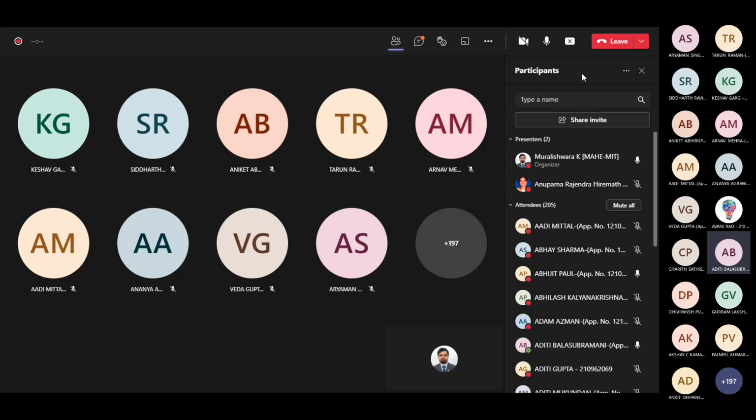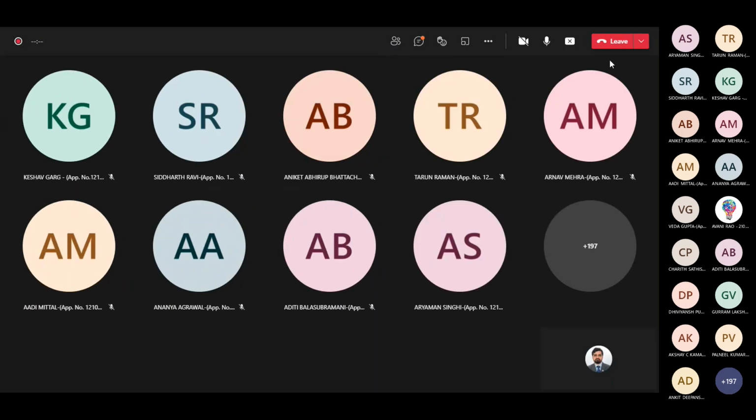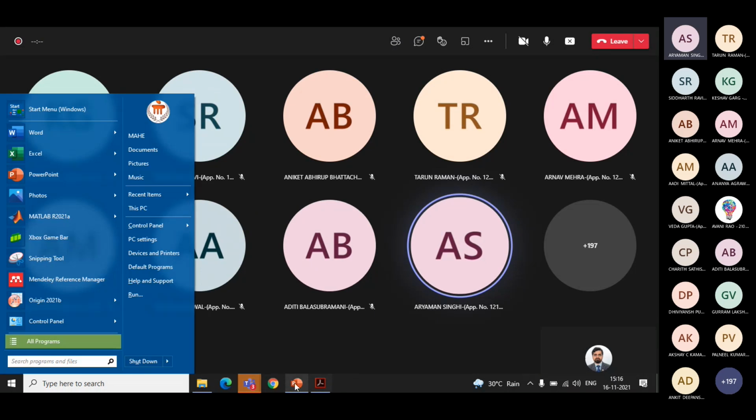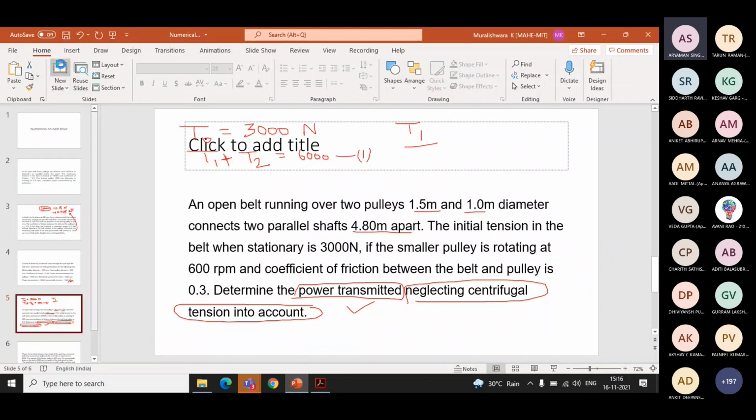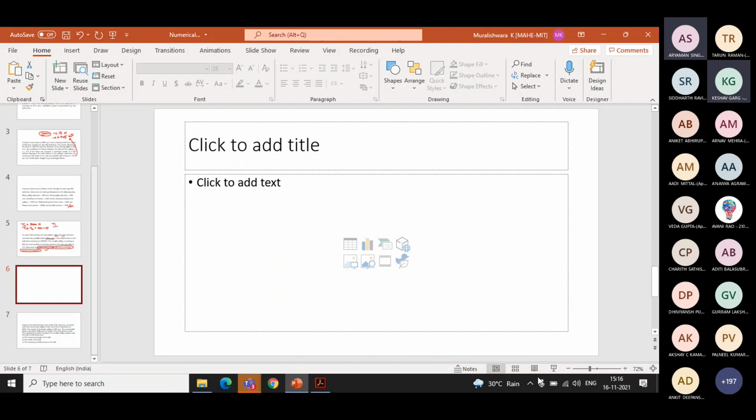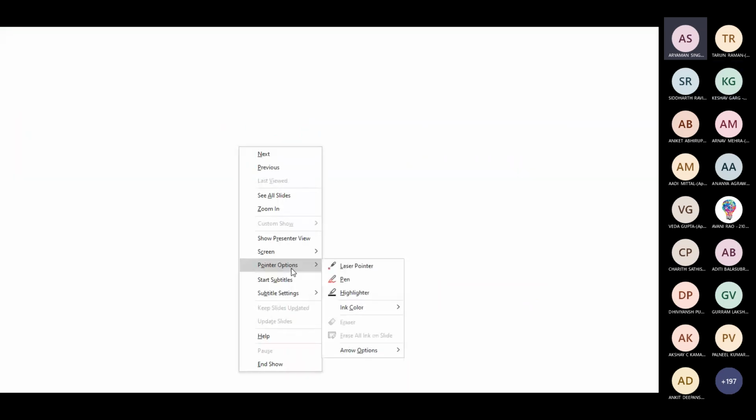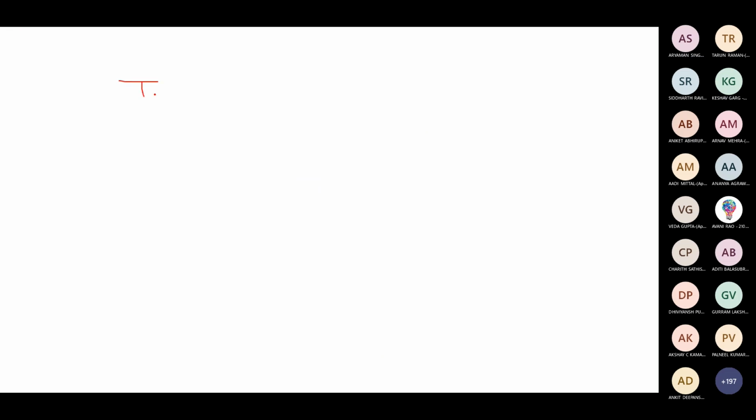Yeah. So T1 by T2, I'm getting 2.41. It's a simple numerical, that's why I have given it to you for solving. One second. So theta will be 174.03 and T1 by T2 will be 2.48. One second, let me check. 2.45. T1 by T2, how much? 2.48. That is reasonable. Looks good.